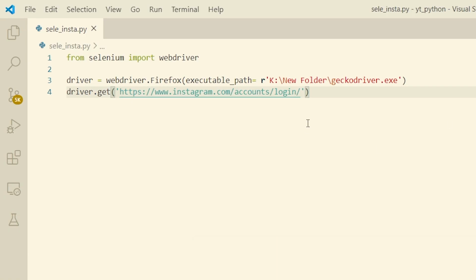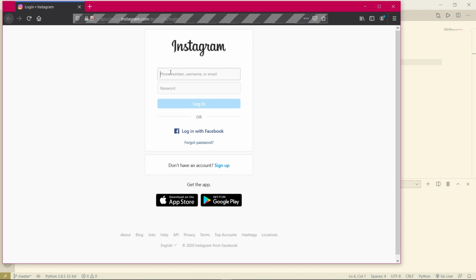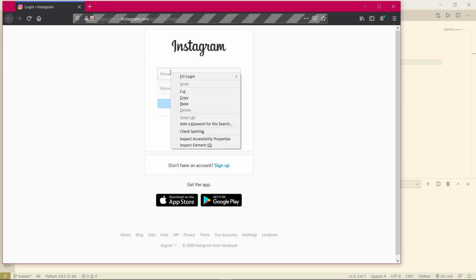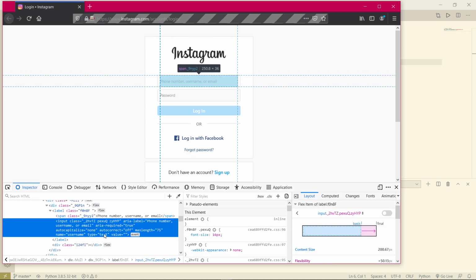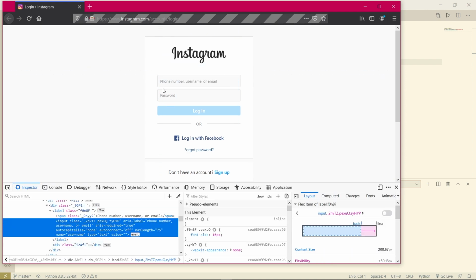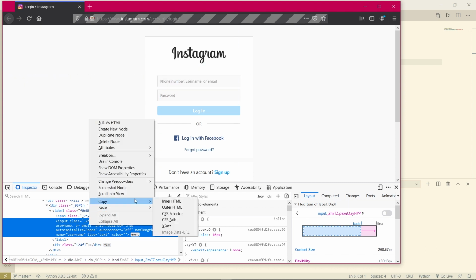Now what we will do is right click on this, and here as you can see, inspect element, and it will highlight the code that the developers have written for this phone number, username field. This is the code. Right click on this, go to copy, and copy the XPath.